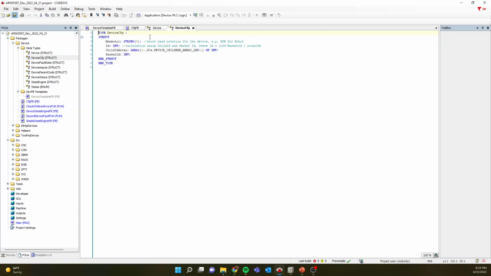Typically, I try to limit this to 3 to 5 letters. For the CNC controller and the robot controller, I kind of violated that just because they're both FANUC, and I could have probably used a shorter notation for them, but anyways, the mnemonic here is